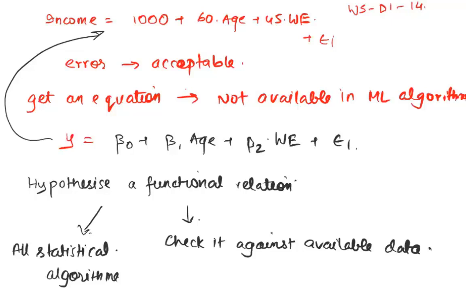There's no value in actually looking at it, which means that getting an equation is only something that you can do out of statistical frameworks, not out of machine learning frameworks, which is why I'm saying that linear regression is a statistical framework, along with other reasons. It's a much older algorithm that belongs to statistics. Because of this fundamental difference, a linear regression model, like any other statistical model, gives you a defined functional form. You explicitly say that this is what I think it is. You allow the model to check for it, get the best possible values, and you see if that works for you or not.